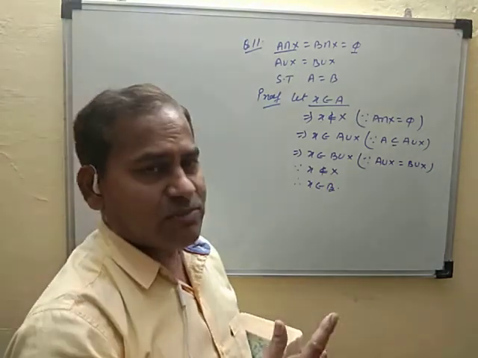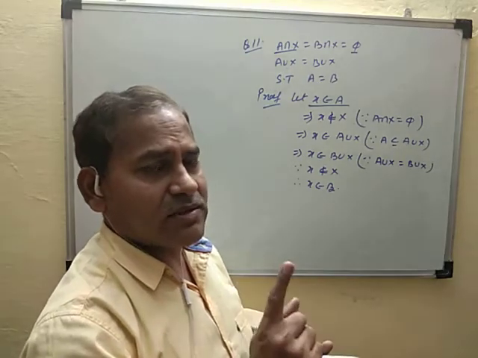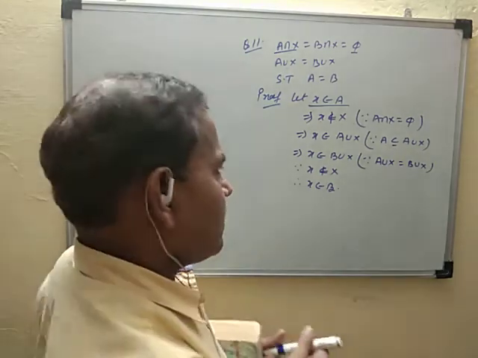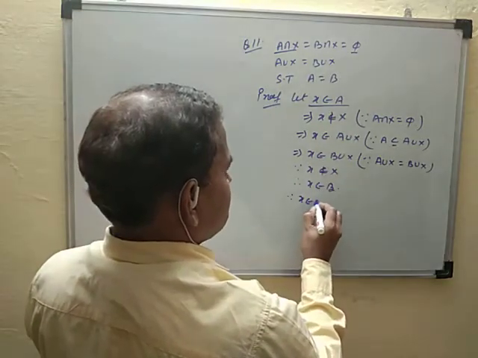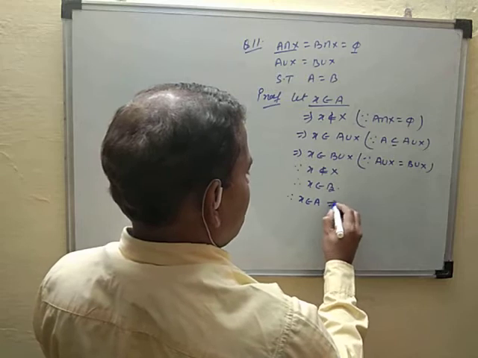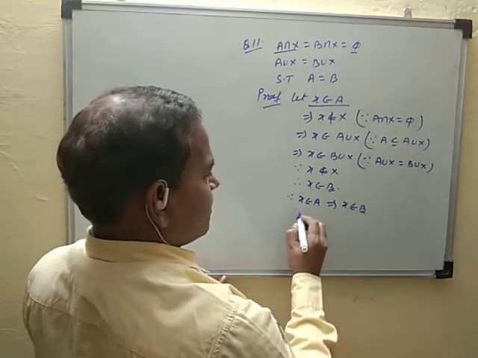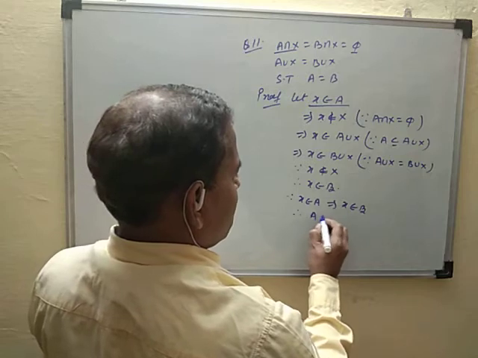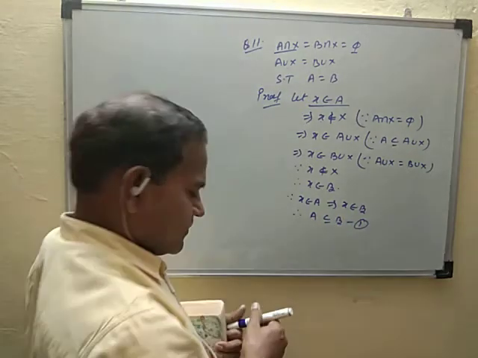It will belong in one of the two sets, but it does not belong to X, so that element X must belong in set B. Now, whose element did we suppose X to be? Since X belongs in set A, and this implies that X belongs in set B, therefore A is the subset of set B. Call it 1.